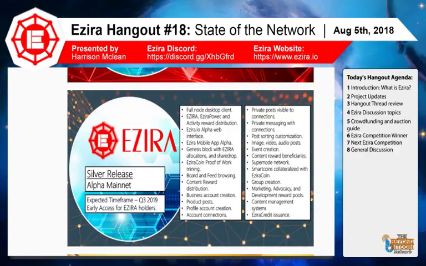Because it is destroyed from the supply, which increases the price and increases the demand. So you have Antonio Montaliva, who is asking, what is the difference between Ezira and Ezira coin? That's a great question that we discussed last week. And the main answer is that there is a limited supply of Ezira, which is spelled with capital letters, and